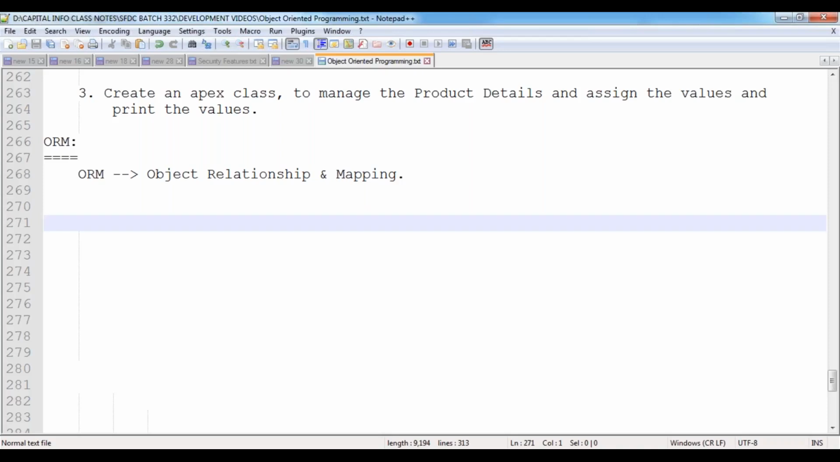Then what is this object relationship and mapping? What is the functionality of ORM? Nowadays, ORM is the most popular. It's the latest one in the IT industry. Suppose anybody is from a Java background, aware of Java programming, the people are learning the